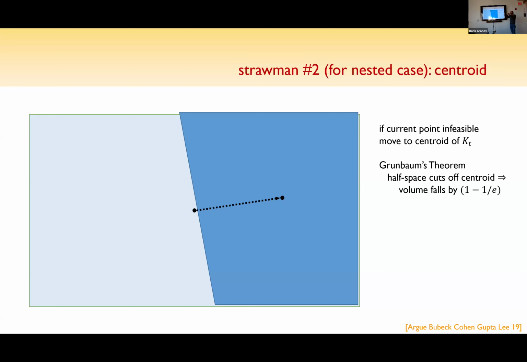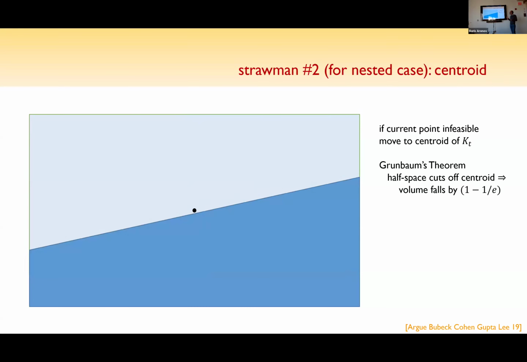Remember, I want to localize the point in radius or diameter, but I'm making progress in volume, which may be okay, maybe not. But it's not, and I already told you the algorithm is lousy. And here is an example where just going to the centroid is bad. And this example will be useful later on.